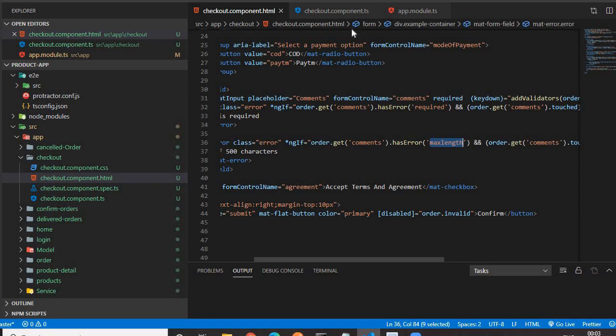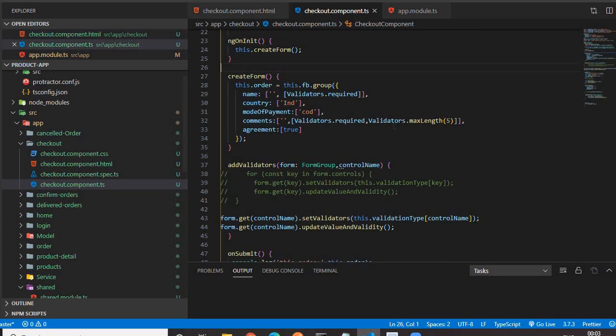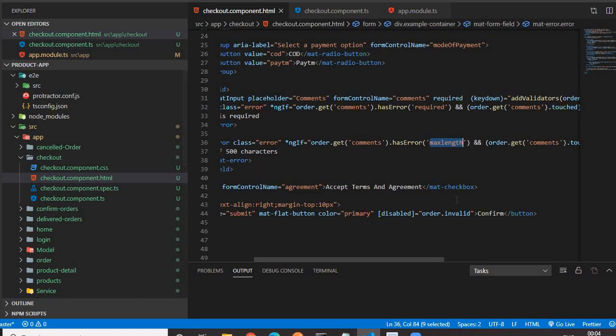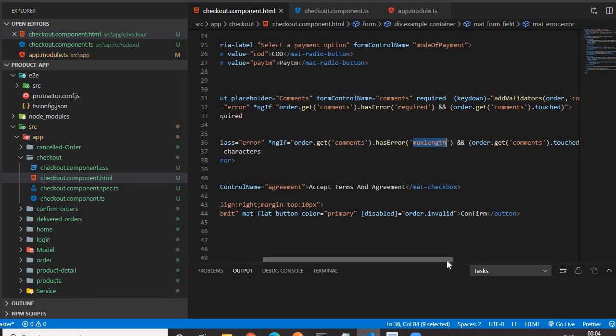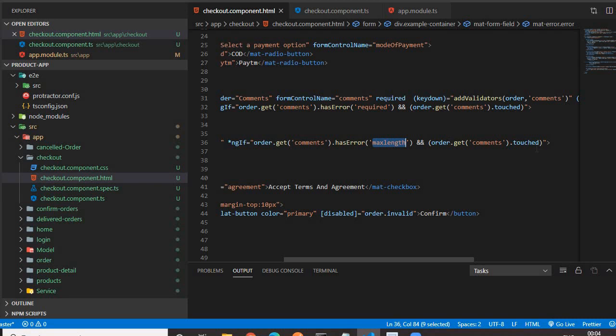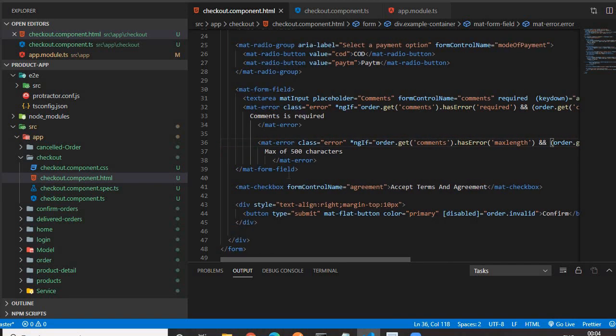So if you are using minlength here, then you have to configure the minlength here. On the basis of whatever validation you want, you have to put it in hasError. Then the next part is the same, we have to use the touched. Then we have to provide the appropriate error message. Okay. This is how we can display the error message with visual feedback to the user.